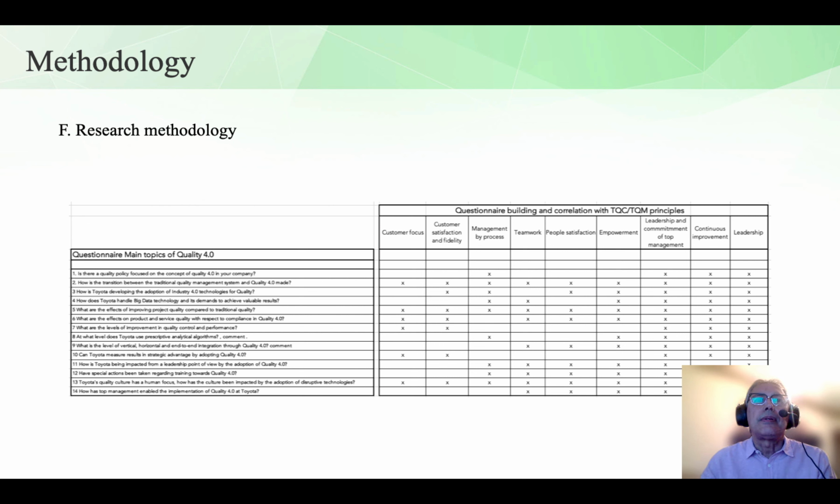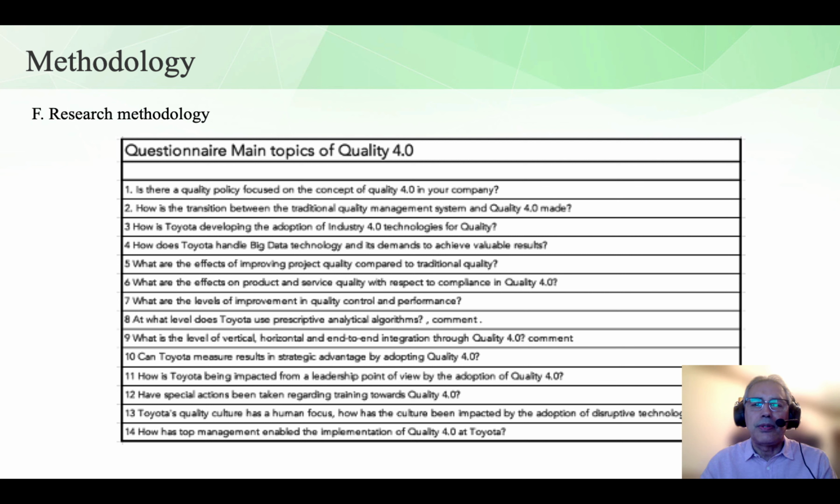Here we have the approach of the questionnaire and the main topics related to Quality 4.0 and the overall impact on the principles. The questions are related to the quality policy for Quality 4.0, traditional quality and Quality 4.0 transition, development and adoption of technologies from Industry 4.0 to quality, how to handle big data technology, improvement of project quality, product and service quality with respect to compliance in Quality 4.0, improvement in quality control and performance,